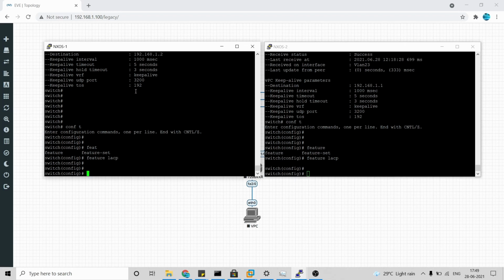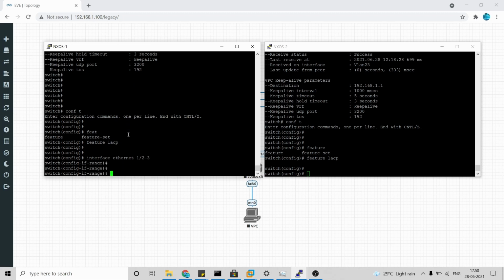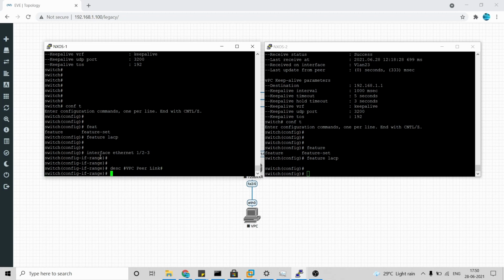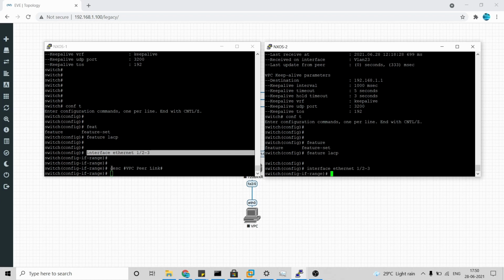Now we are going to use the other two interfaces. I'm just going to configure Ethernet interface 1/2 and 1/3. I'm just going to put a range here to make things simple. I'm going to put a description, VPC peer link or something. Okay, I'll just copy the same lines and put them here as well, with the same description.